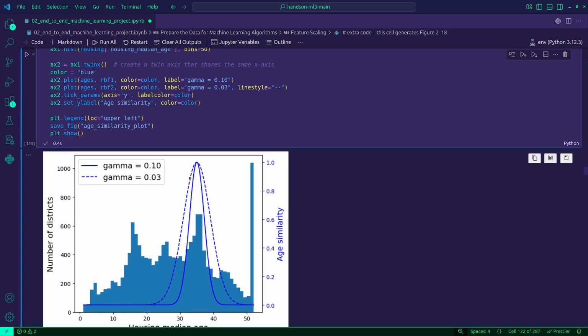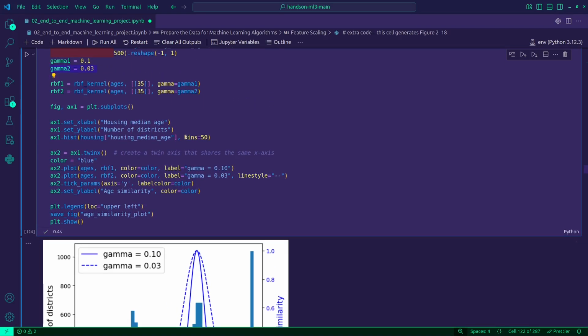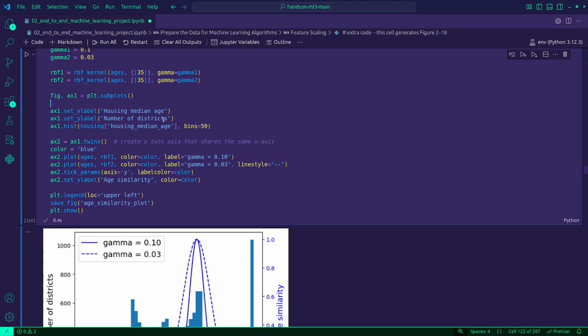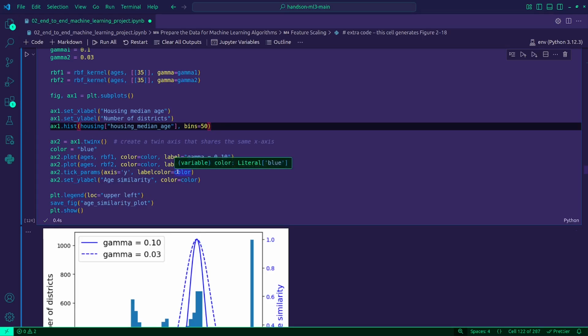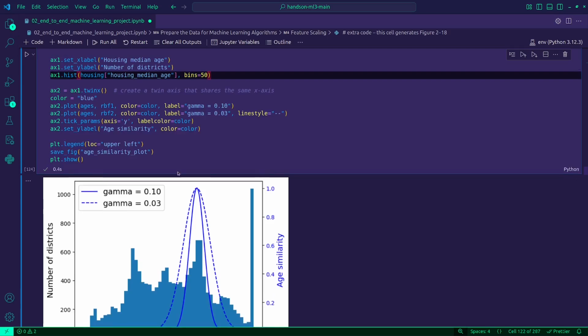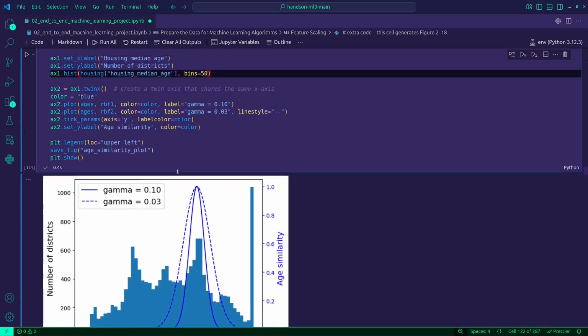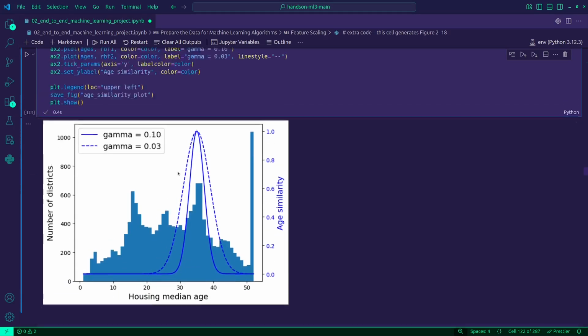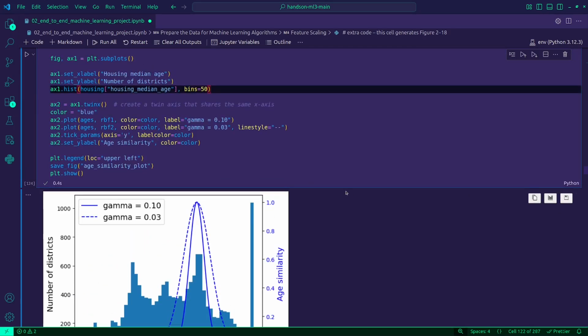Here you can see it. And then we just plot it. X label, housing median age, Y label, create the bins. And that's basically it.